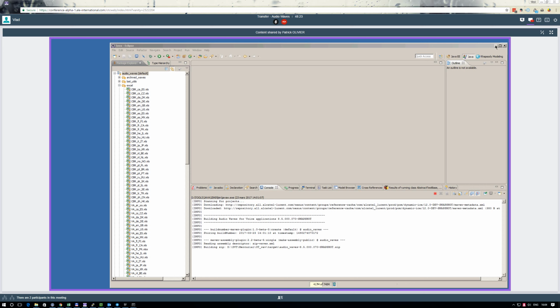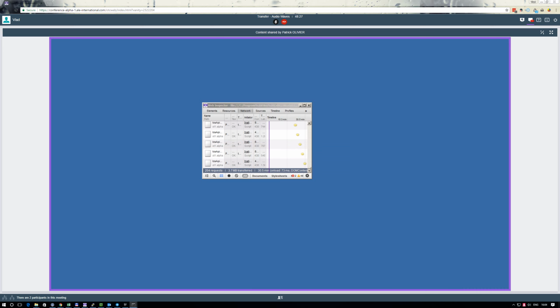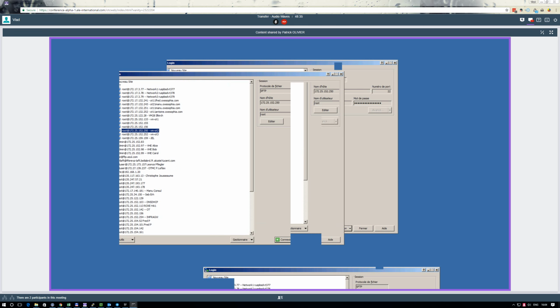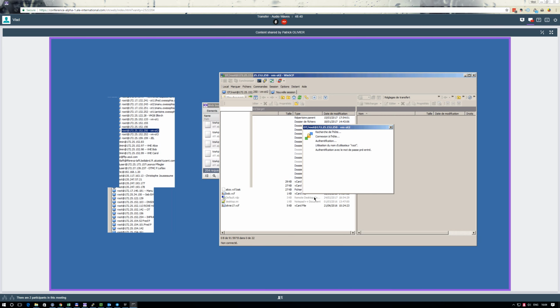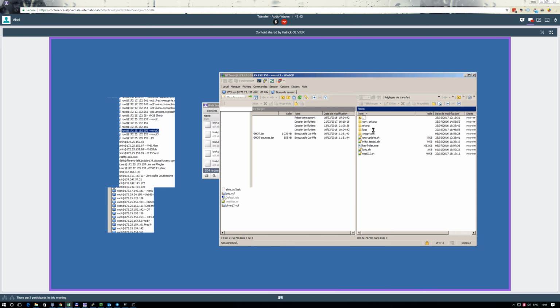I have tested my modification recently by making a Maven build, which is finished. So I said 3 minutes. I've tested my modification and zipped it on the folder. So I retrieve all the waves that are just there.